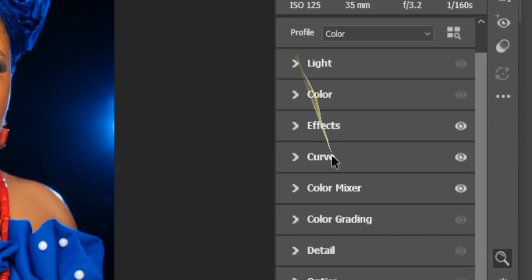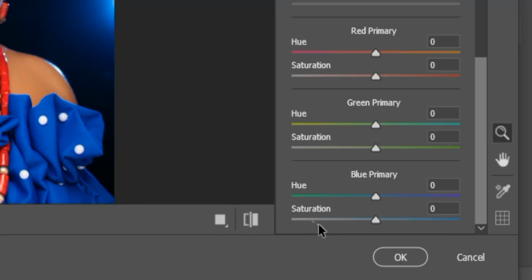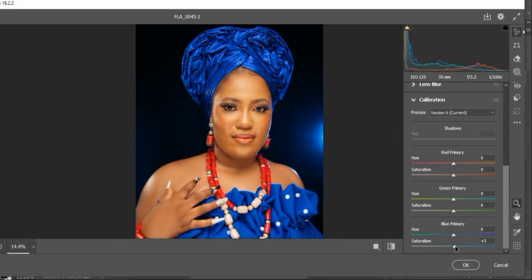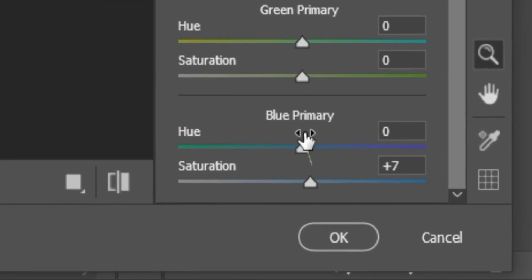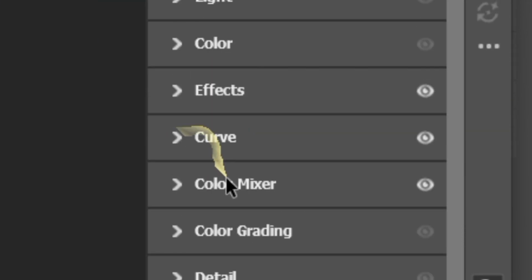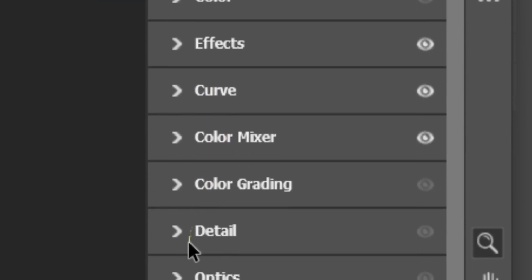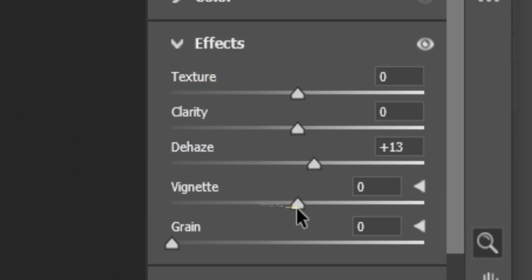Now close this, go to calibration. I'll just increase the saturation of the blue primary. You can see the effect. So we are not pushing it too much, just to +7. +7 is okay. I'll close this too. Go to effect, let's add vignette